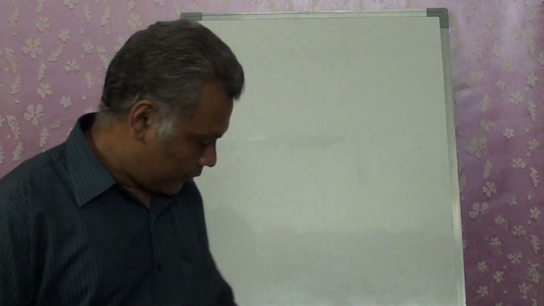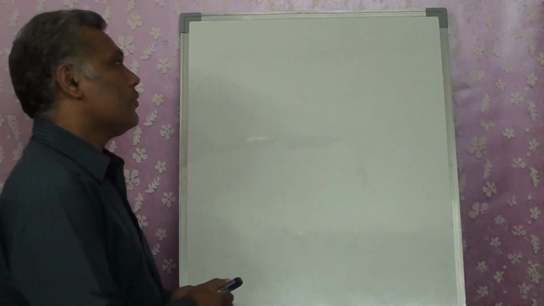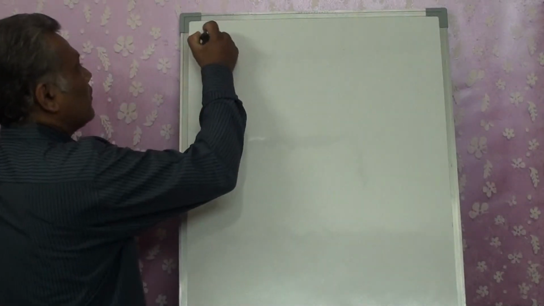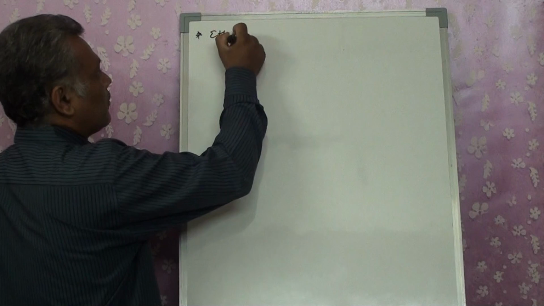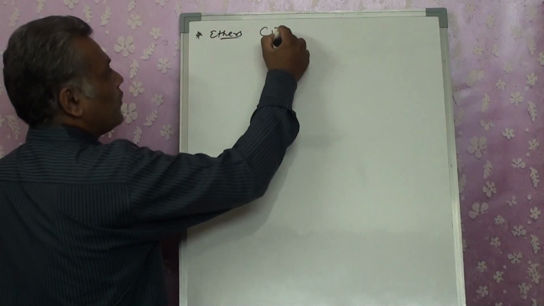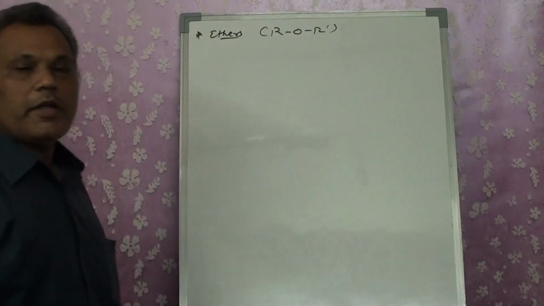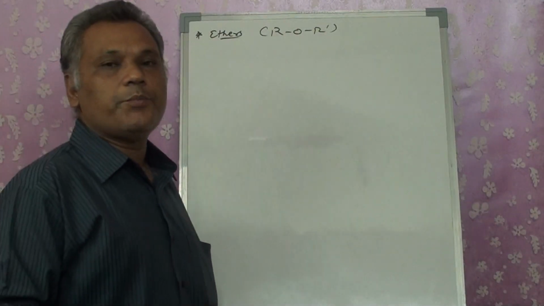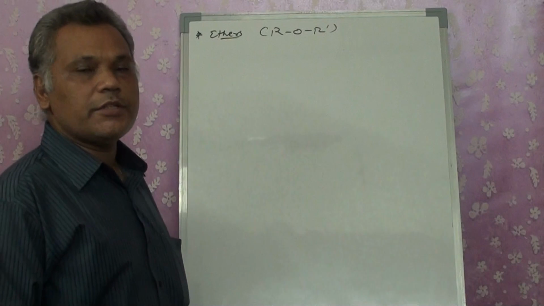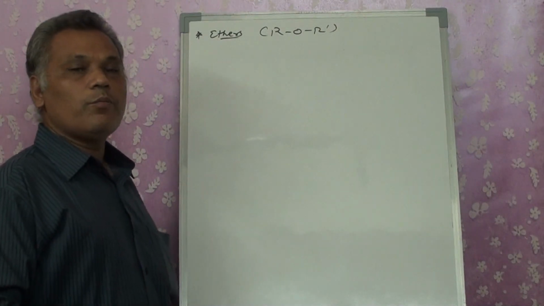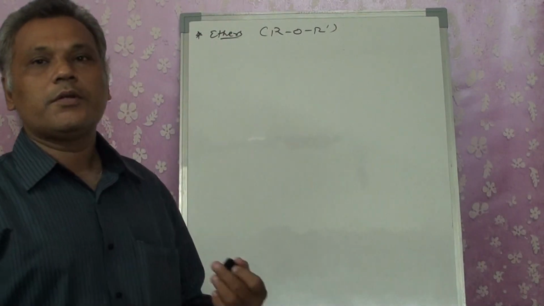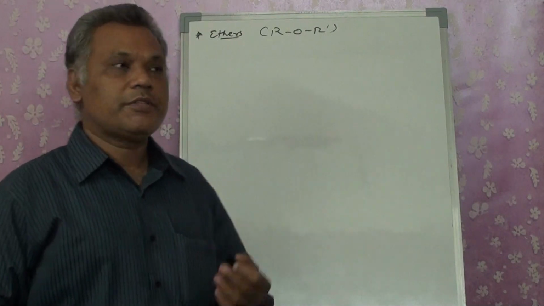We are doing chapter number 11, which we did as alcohols and phenols. Today we will be studying the preparation and properties of ethers. We know that ether means R-O-R'. They can be of two types, simple as well as mixed ethers. We will study both of them, how to prepare simple ethers and mixed ethers.